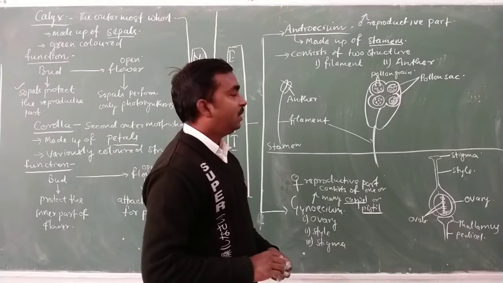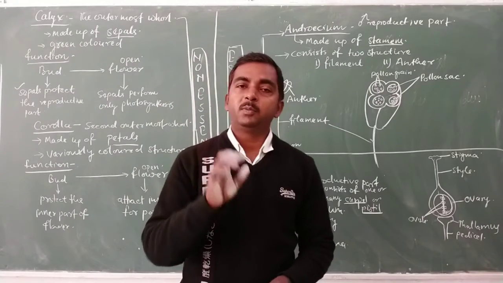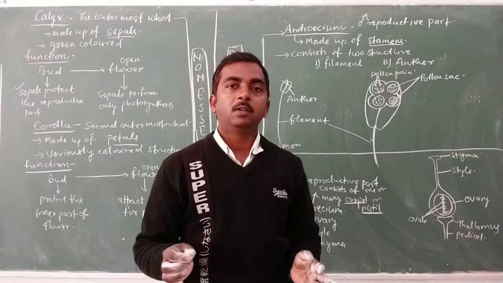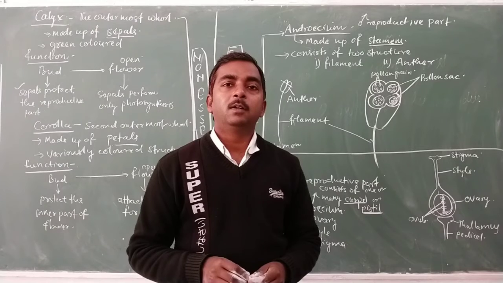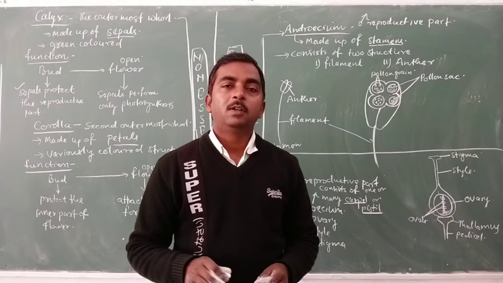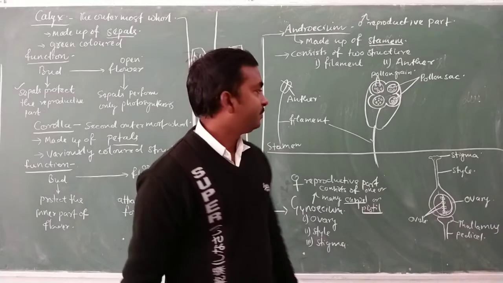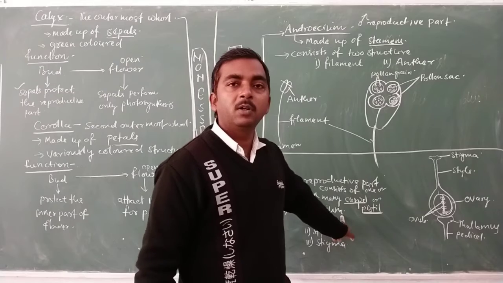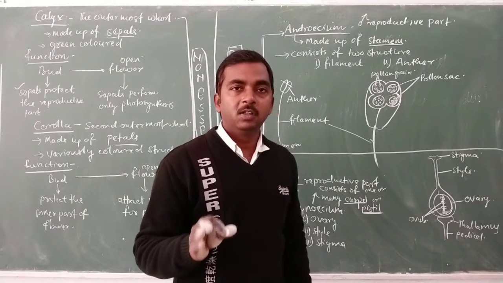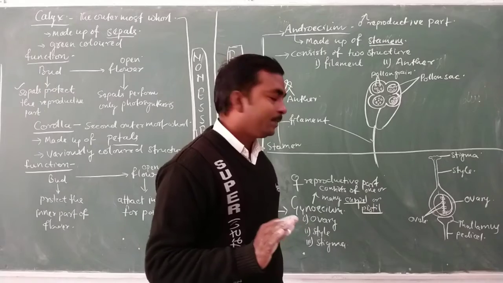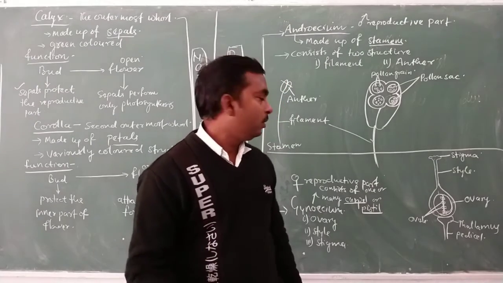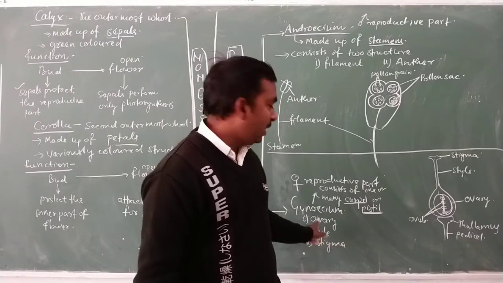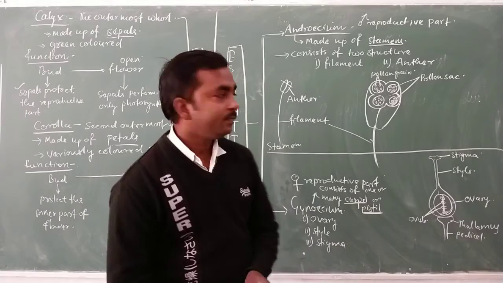It means in the flower, the androecium or male reproductive organ consists of many individuals, that is, a number of stamens. While in the case of the female reproductive organ, there may be a single carpel or more than one. Single or more than one, these are called carpel or pistil, and commonly they are known as gynecium.